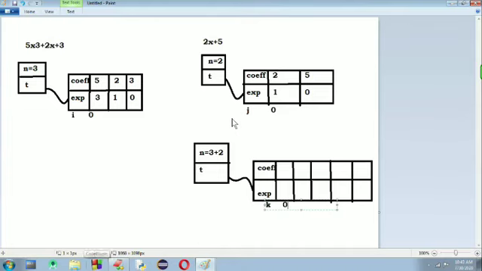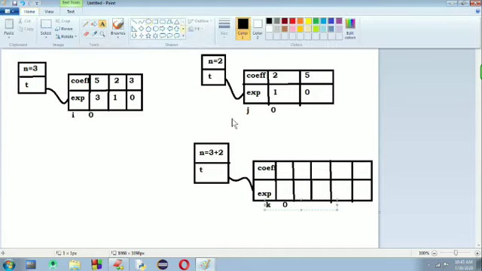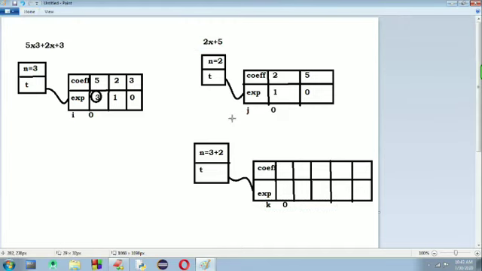Now we need to understand how the addition is going on. First, to add some terms we need to check the exponent of both the terms. Right now i is representing the first polynomial's exponent, which is 3, and j represents the first term of the second polynomial, which has exponent 1.